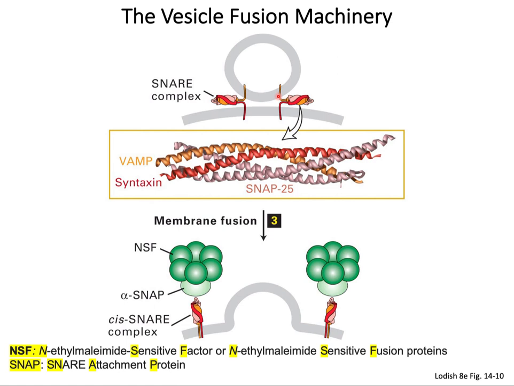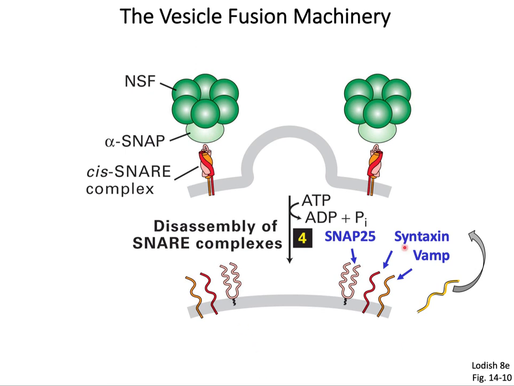Please take a look at the additional supplementary videos for a clear understanding of the event. So you can see that this vesicle has fused with the target membrane, and the entire V-snare and T-snare complex is also in that membrane. Now we are going to talk about the fate of these snares, which will get recycled. You need to have an opportunity to recycle the V-snare and the T-snares, and that is carried out